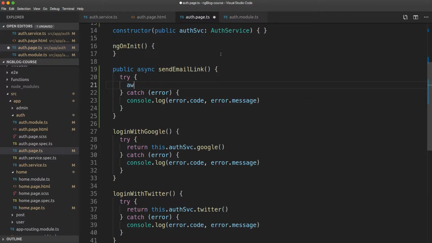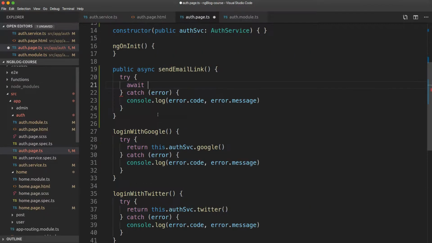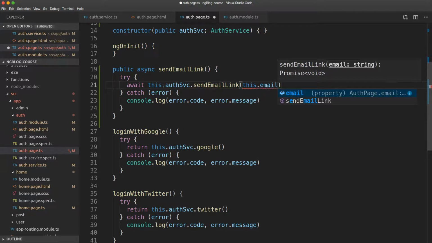Now here we need to await for that function we created in our auth service here. We need to wait for this to happen, and then we can do something like reset form, tell the user that we sent an email, and so on. So auth-service.send email link, and here we only need this .email